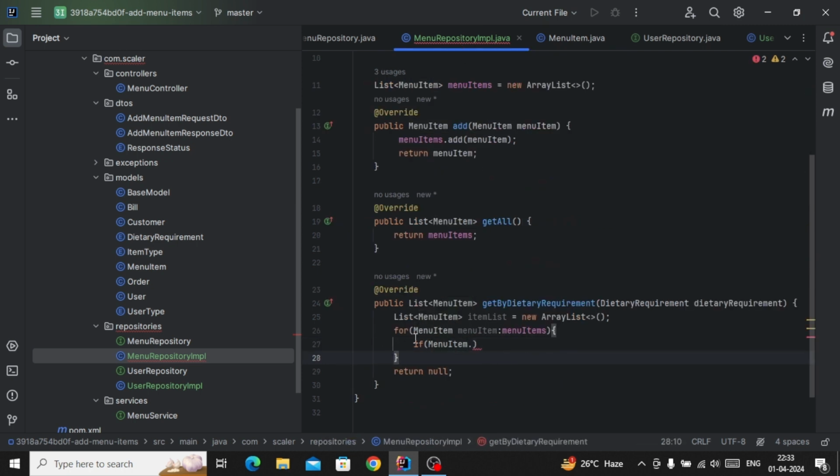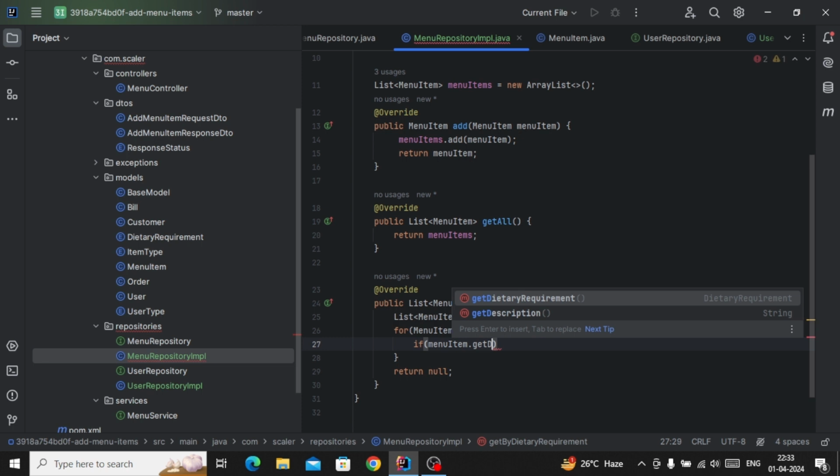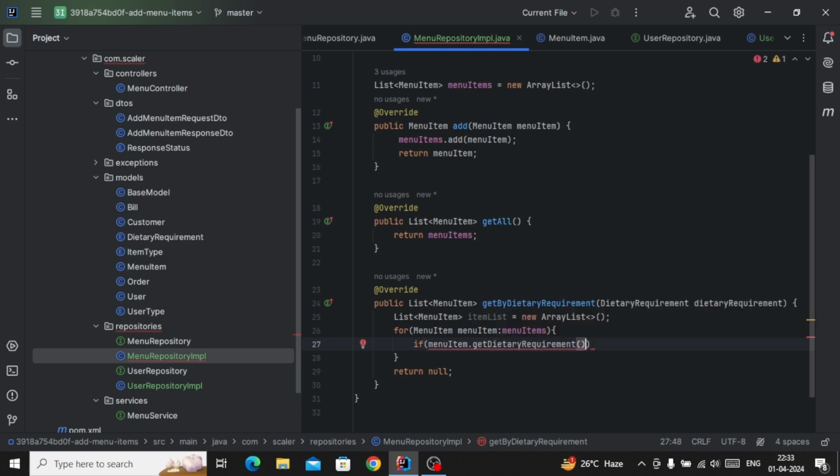So in this menu item we have taken from here, so we have to write this in small case, I just took the class. We will take this menuItem.getDietaryRequirement. So we can get the dietary requirement using this, and we will check equals with this dietary requirement. If both are the same, then we will add the item to the list. So this itemList we will take here, dot add, and we will put the menu item that is matching here.